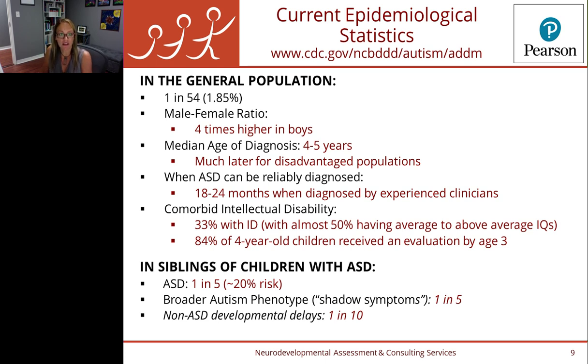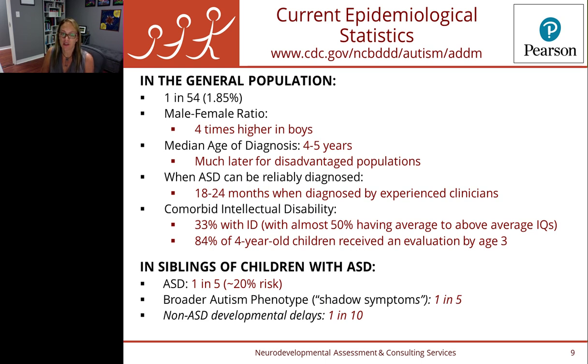So every other year, the Center for Disease Control and Prevention puts out the epidemiological statistics on autism. And in 2020, the current prevalence rates for autism are 1 in 54 individuals in the general population. So that's almost 2% of the population. Now, it's 4 times higher in boys than girls. There's a lot of controversy on what the diagnostic presentation looks like in females, particularly females who do not have cognitive or language impairments. And we could have a whole discussion on that. So just know that their presentations can be quite complex.